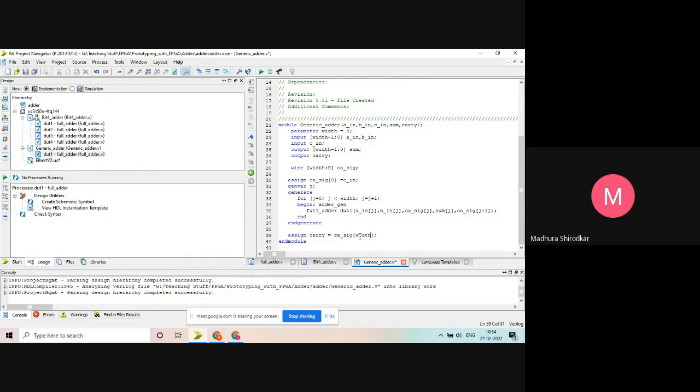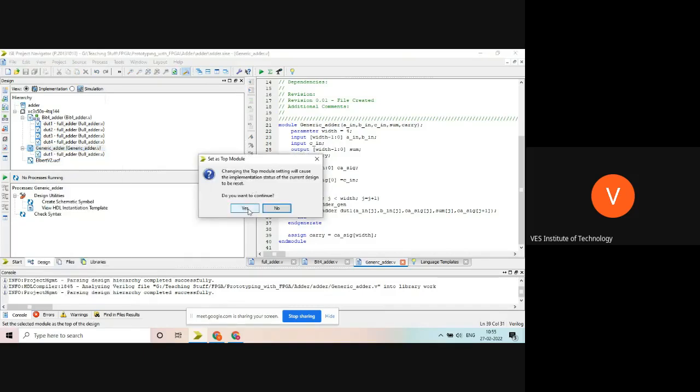Okay. Instead of that, can we take width as an input from the user, sir? No, we can't take it, because it will not change the other inputs. I have to change the width of A in and B in also generically. It is like a dynamic variable which you are changing, and everything is changing inside. If I make it an input, I can't use it as a length for another input, because it is a port. Once you make it a port, it won't work.